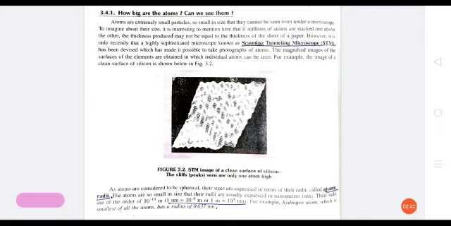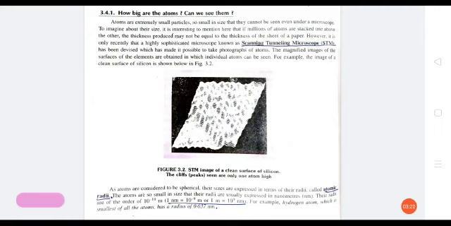Can we see them? As we already know that atoms are very small in size, so we cannot see the atoms through a simple microscope, but it is possible to see the atoms through a sophisticated microscope known as scanning tunneling microscope, abbreviated as STM. Through this, we can take photos of atoms. See figure 3.2.